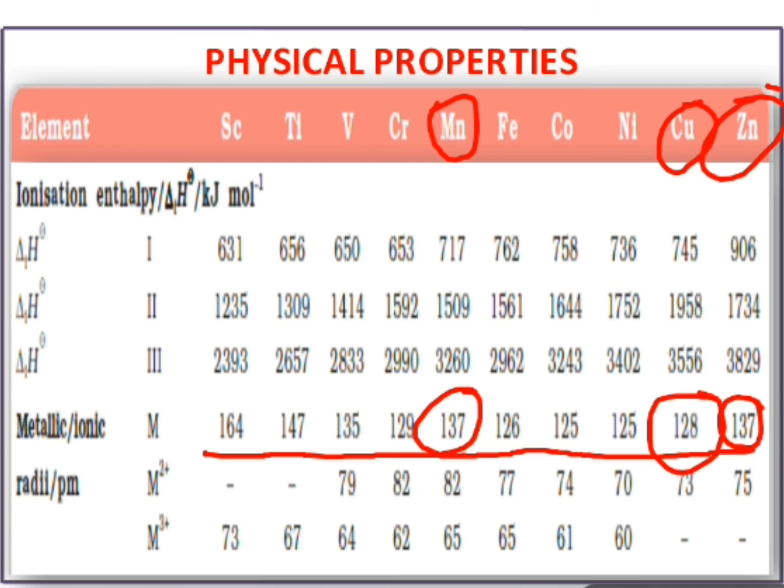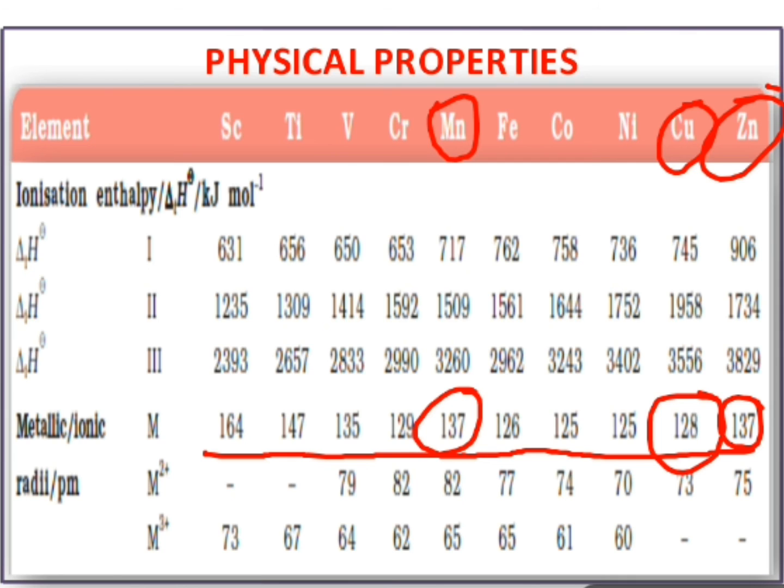So you can see here ionization enthalpies, as you move left to right, ionization enthalpy is sometimes increasing, sometimes it is decreasing. So why is this happening? This happens due to the stability of atom. Okay, see this. If atom is stable, ionization enthalpy will be very high. If atom is unstable, ionization enthalpy will be very less, because from an unstable atom it's very easy to remove an electron, and from a stable atom it's very difficult to remove an electron. That's why ionization enthalpy changes.